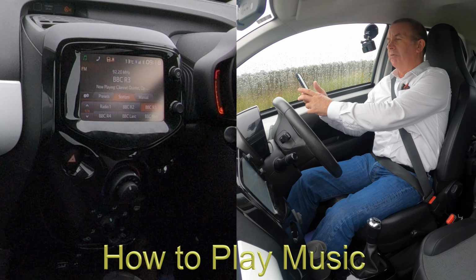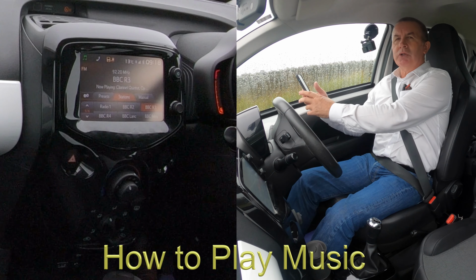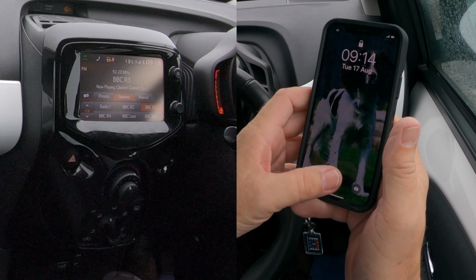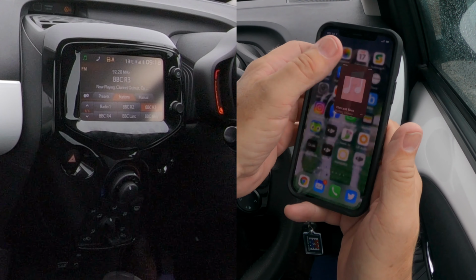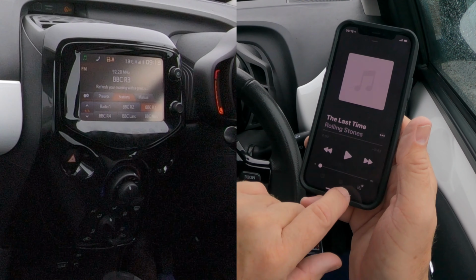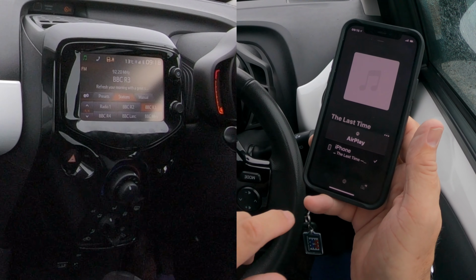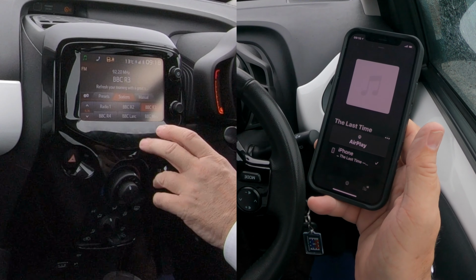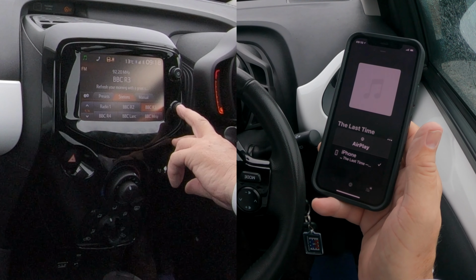Okay, I'll just show you how to stream music through the Bluetooth audio system in this 2014 Toyota AYGO. If we go to your music app, you'll see there, click at the bottom there, you just say iPhone. So if we go over to the system, click on the menu button, which is this bottom one,